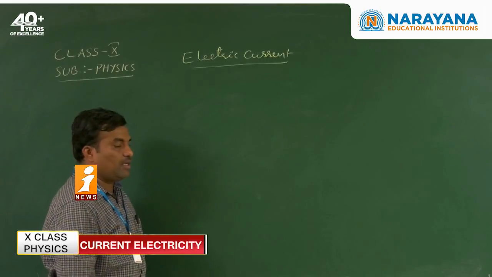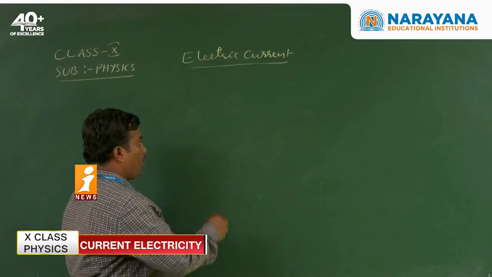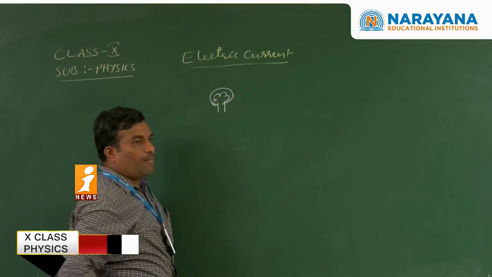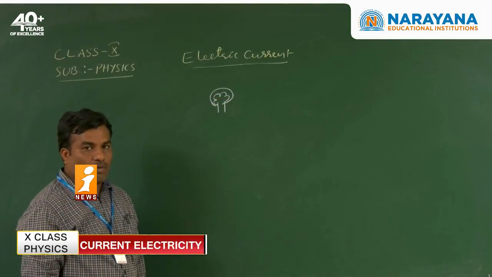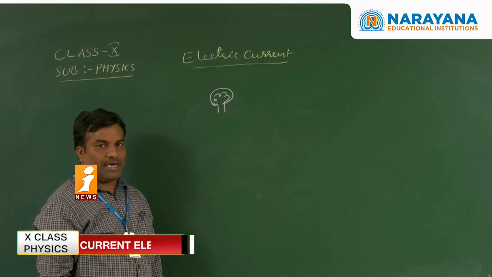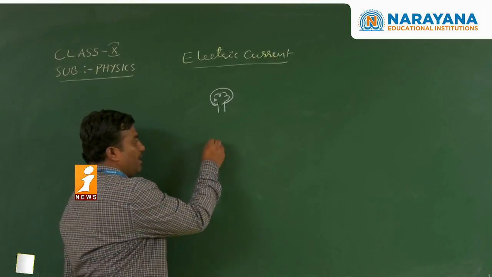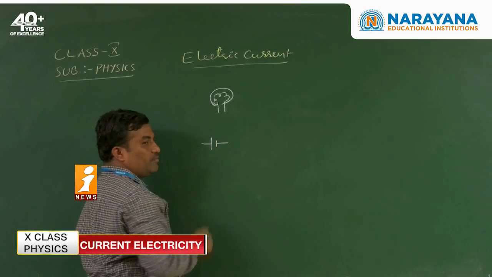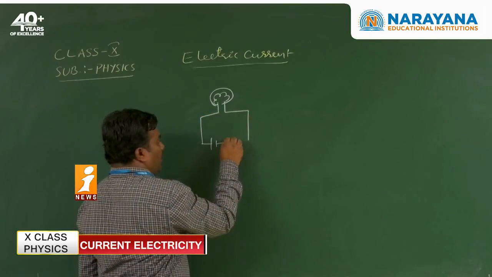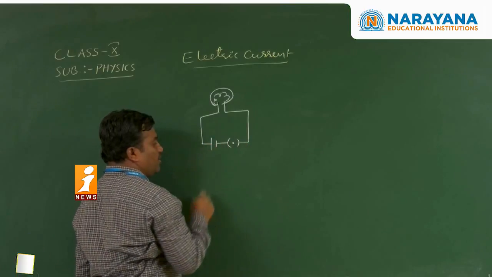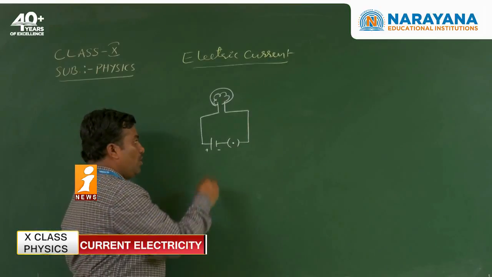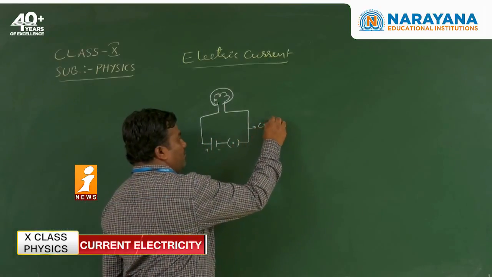In the first situation, we consider some components. The first component is a bulb and copper connecting wires, a switch, and a battery. Connecting wires are connected to the terminals of the battery through the bulb and switch. Initially the switch is in the off position. This is the battery's positive terminal, this is the negative terminal. It is connected with copper wire.